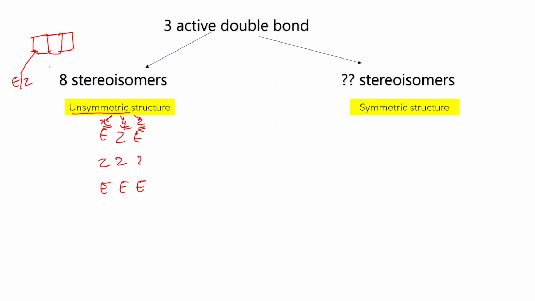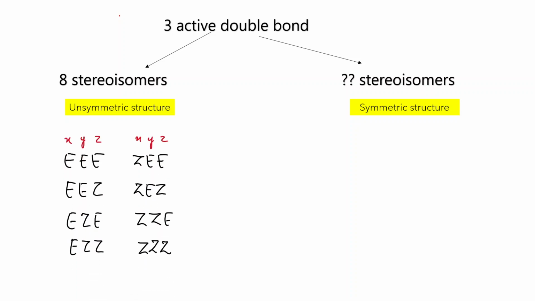So you can just think about all the possible 3-lettered sequences with E and Z. So using basic P and C, you can fill this box in 2 ways, you can fill this box in 2 ways, and you can fill this box in 2 ways. So you will get a total of 8 stereoisomers. If you don't know what I mean by filling the box and things like that, you can take a look at these sequences. They're pretty easy to determine. So what I have done here,